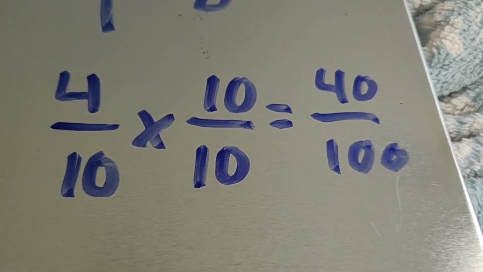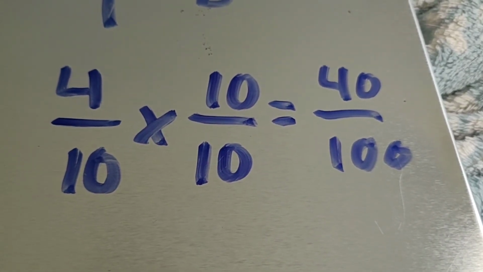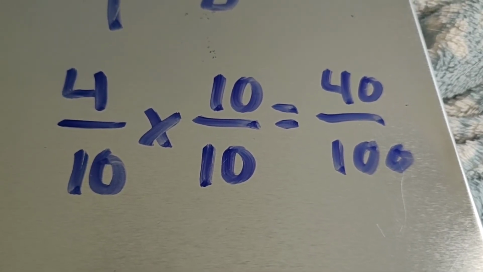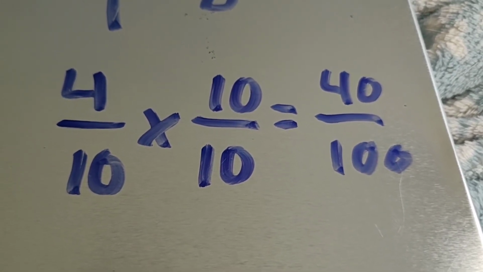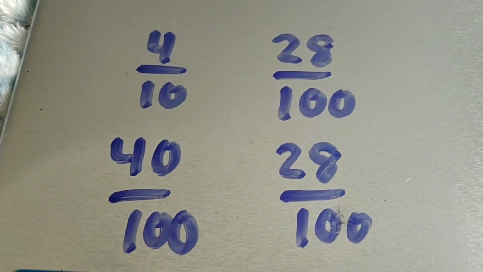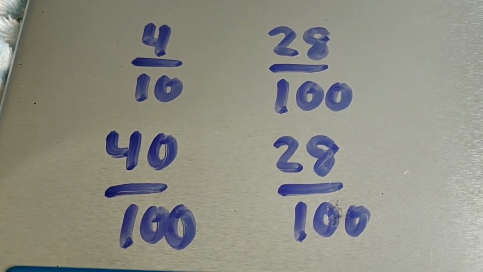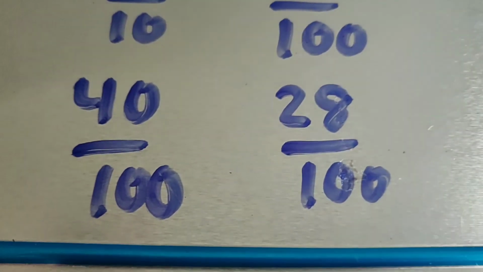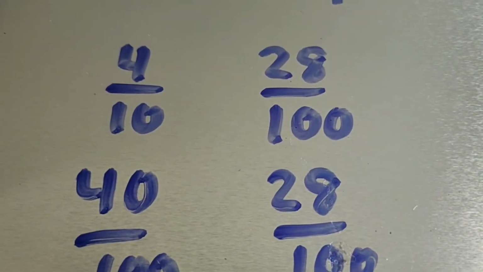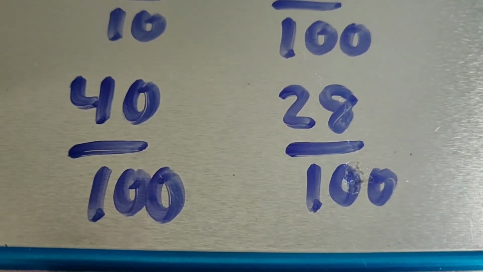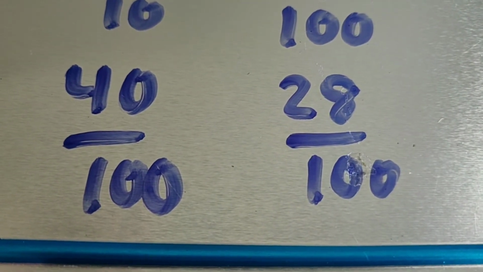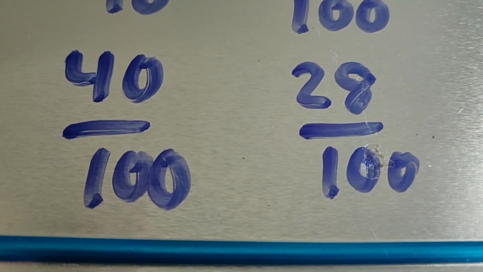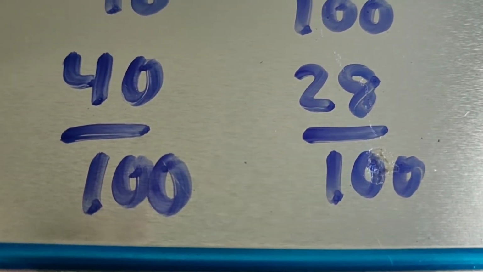So 4/10 is equivalent to 40 hundredths. So now that we've expressed 4/10 as 40 hundredths, when we compare 40 hundredths and 28 hundredths, we could easily see that the 40 hundredths is